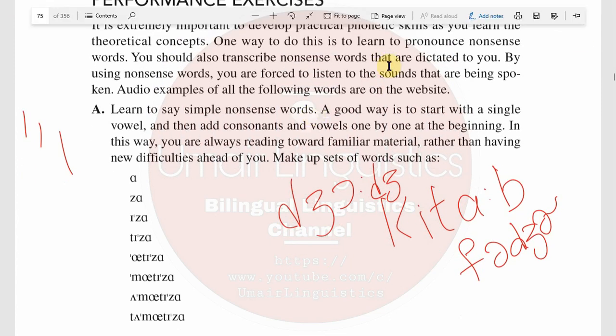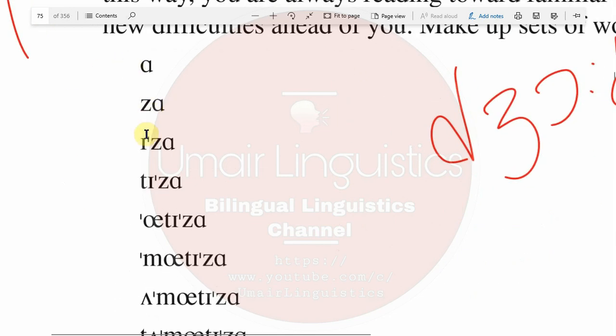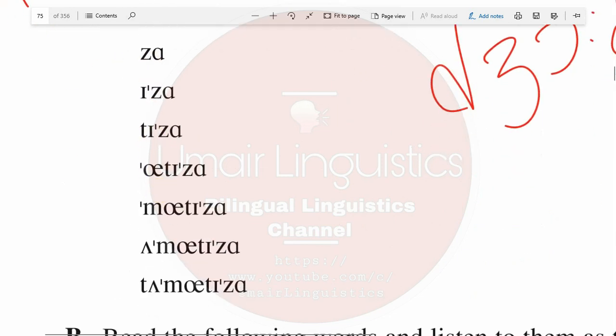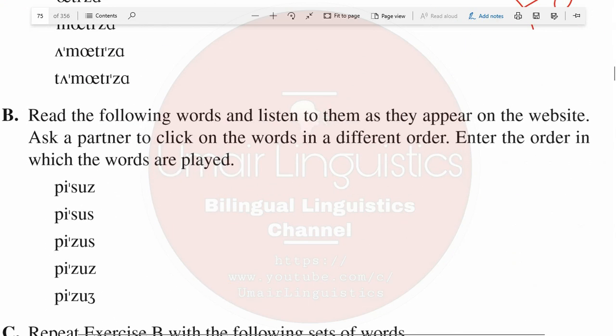A good way is to start with a single vowel, and then add consonants and vowels one at a time at the beginning. For example, we can notice this: a, za, iza, tiza, atiza, matiza, amatiza, thamatiza. Then read the following words and listen to them as they appear on the website: